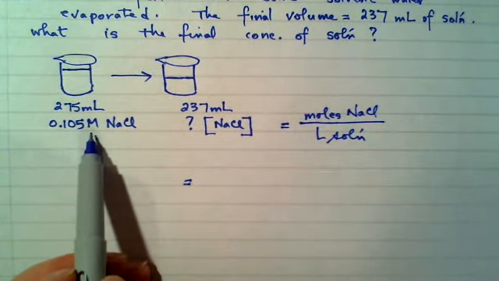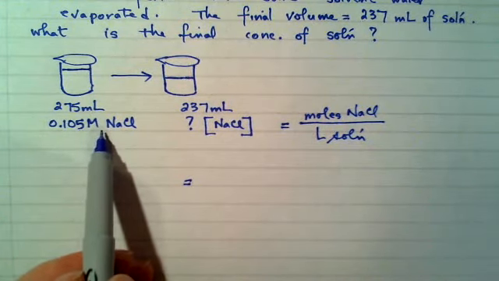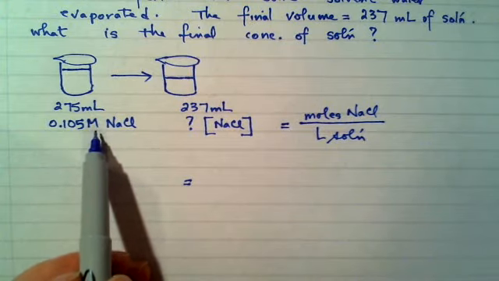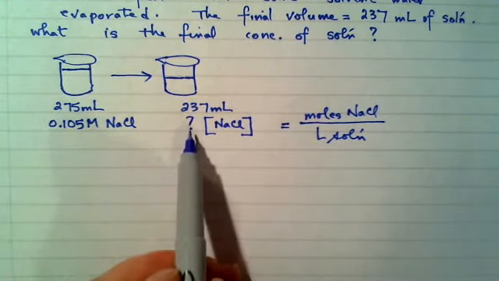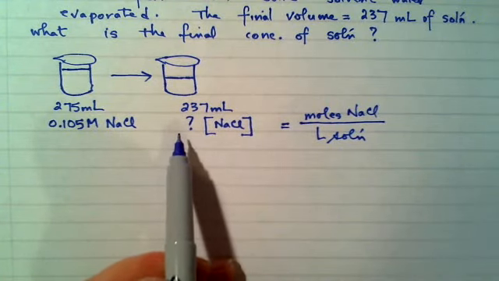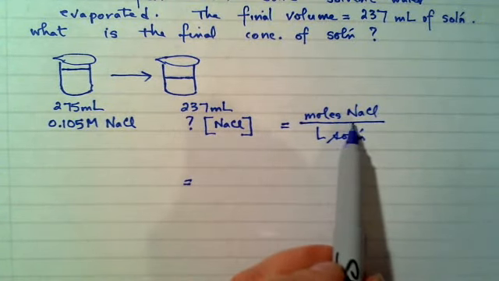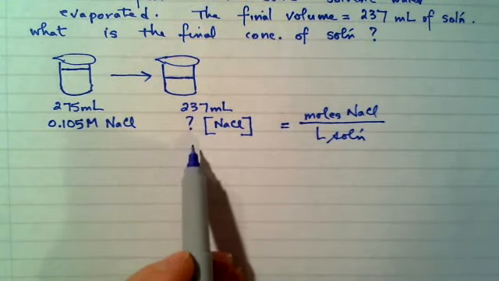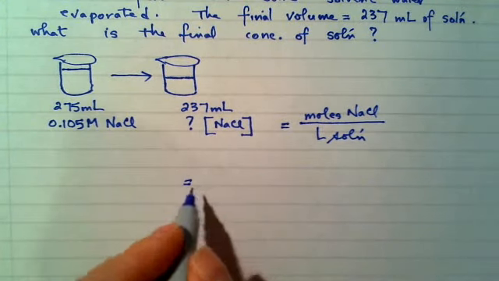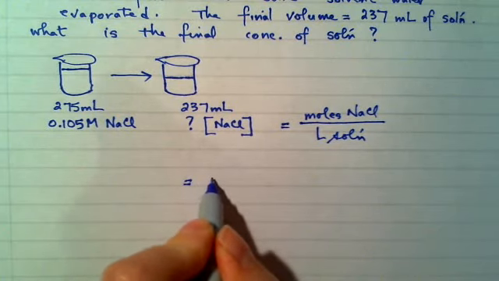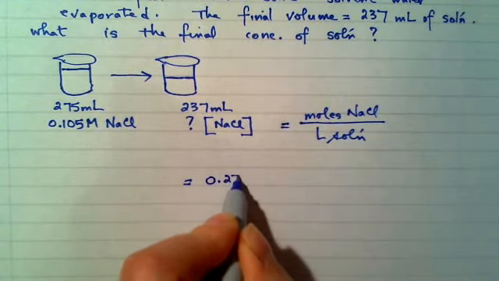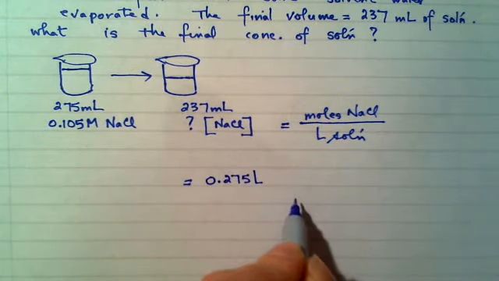So would you say that the number of moles of salt, because salt didn't evaporate, so the number of moles of salt that I have here still has to be the same in this case, because the only thing that left was the water. So the number of moles of salt at the end is actually the same as it was in the beginning. It's the volume that's changed. And so to figure that out, I've got 0.275 liters